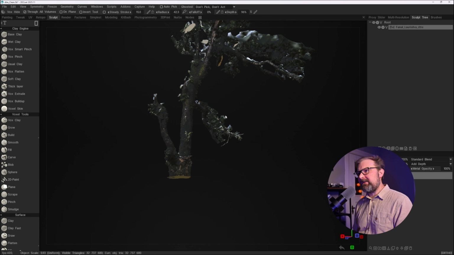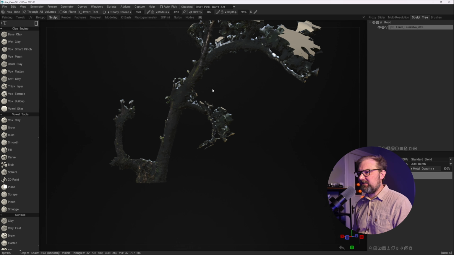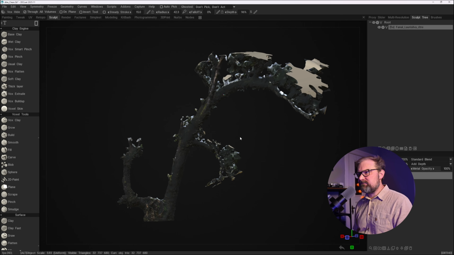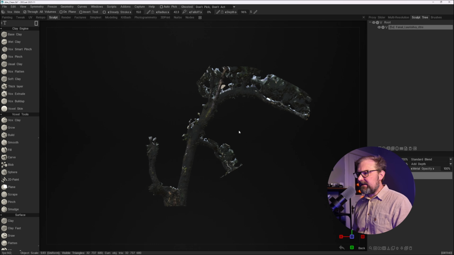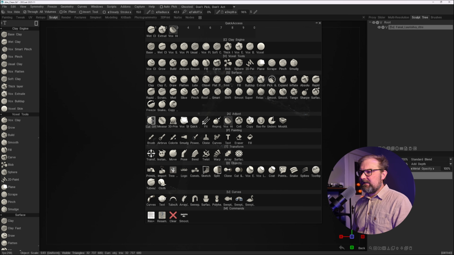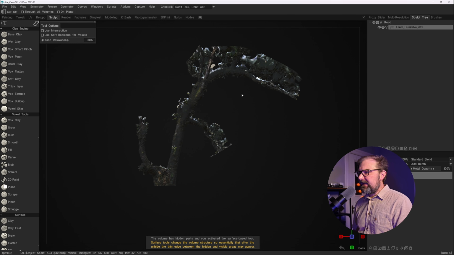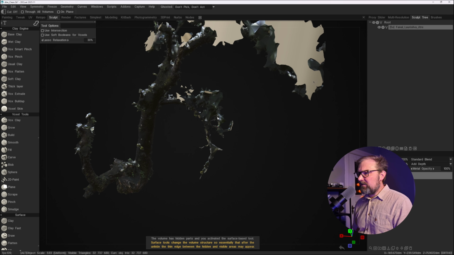I wish maybe that would be faster, because then it would be easier to implement in your workflow where you just hide pieces. But now it takes sometimes a minute, so that slows you down quite a bit if you want to use it like that. I'm going to go back into the cut tool,